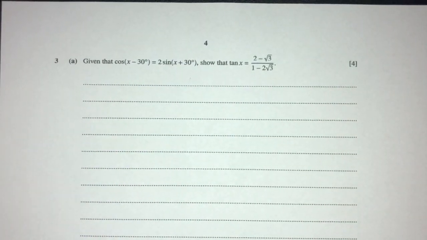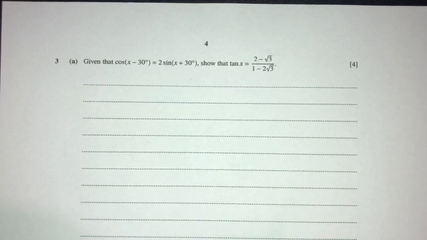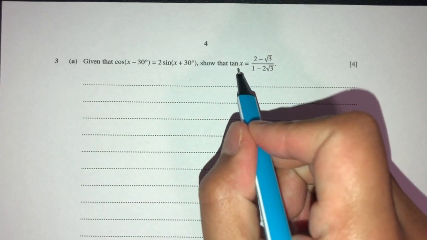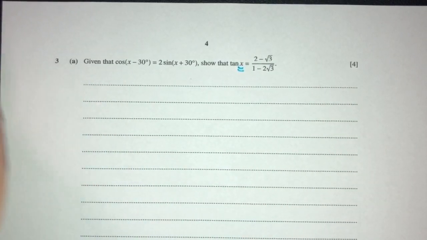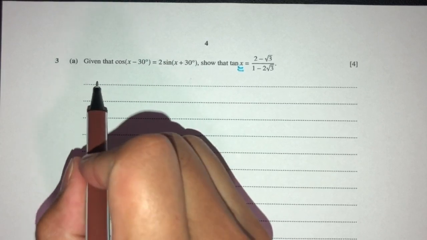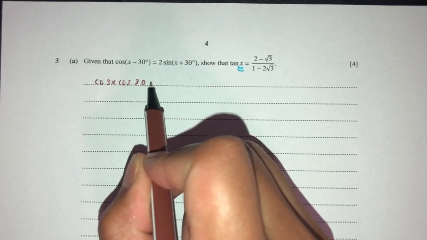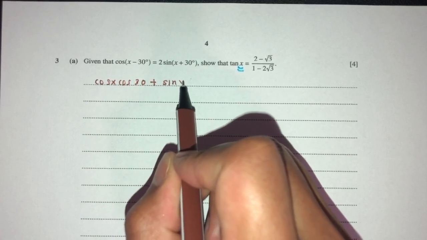Now let's move on to question number 3. So here we have to show this becomes this. So again, we don't know where to start right now. We just have to trust the process and begin by changing that into x, because eventually you just have to have only x over here. So the logic will be to expand these ones as we go. This will become cos of x, cos of 30, plus sine of x and sine of 30